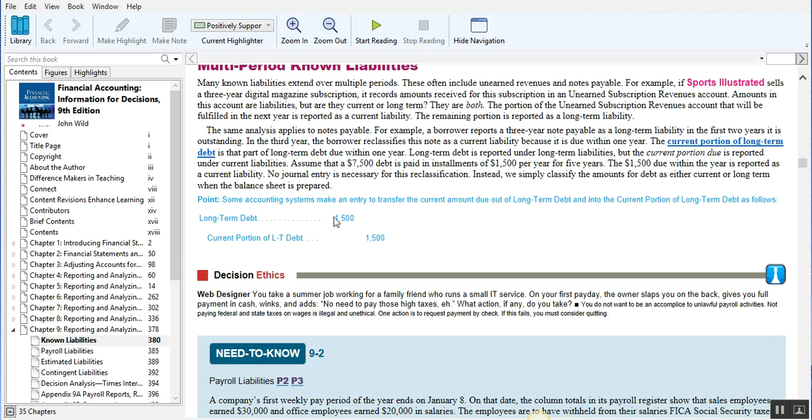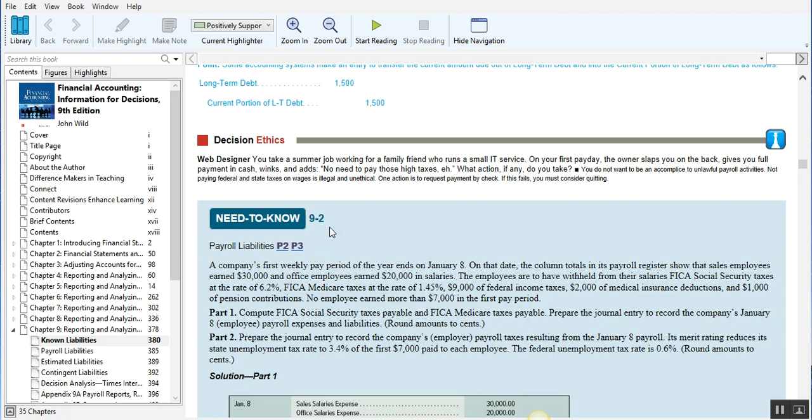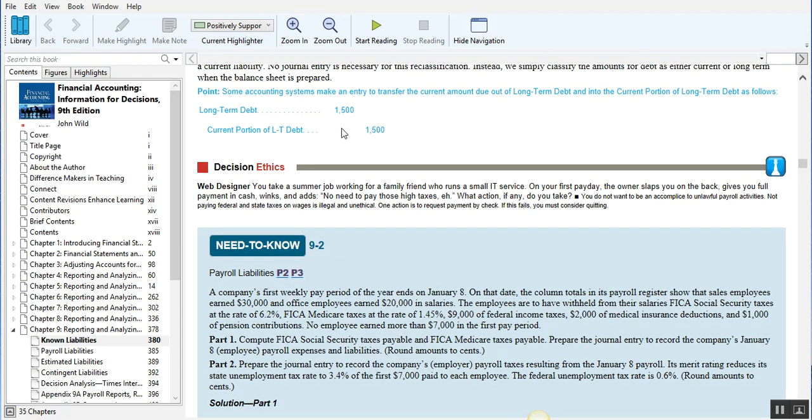Basically, this is not necessarily a journal entry every time, but there may be a case where you have to do this as a journal entry. But you definitely will reclassify this in the balance sheet and show this as an adjustment to the balance sheet to record the current portion of long-term debt, subtract it out of the long-term debt, and put it in the current